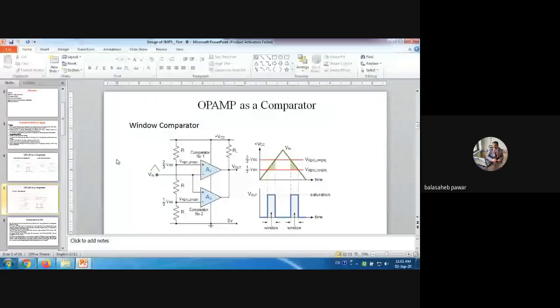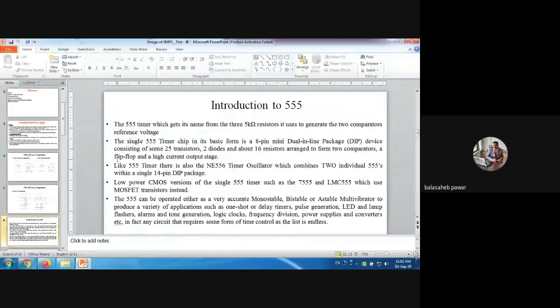Okay. And the next one is the IC555. Already you studied IC555 as an astable multivibrator, monostable multivibrator and all that. So during my next lecture, I will be